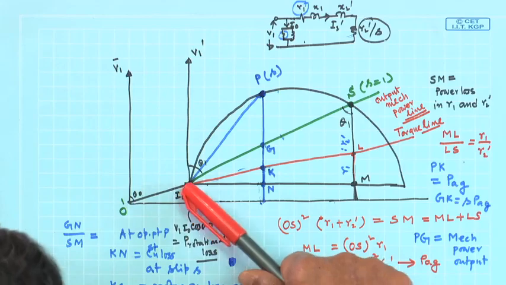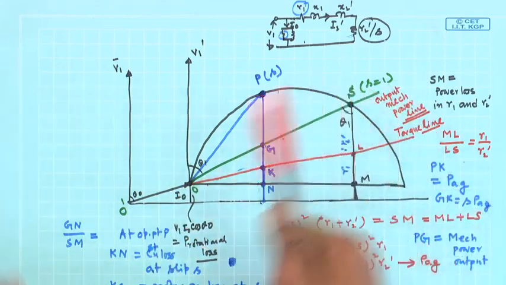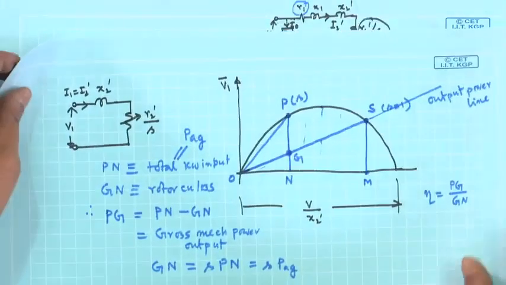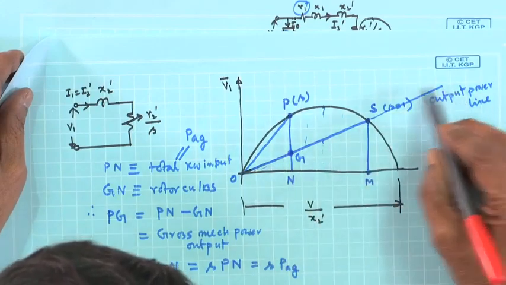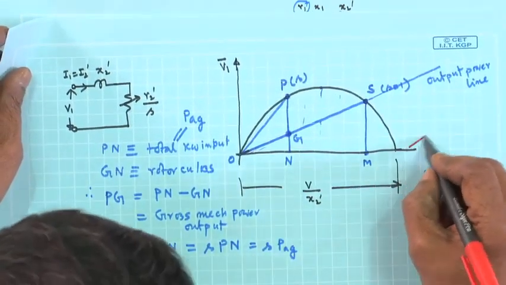Therefore, slip equal to 1, this line OS is always the mechanical power output line, we got it earlier also. In the earlier case, when it was a simplified diagram, if you recall, this is your output power line. Where is the torque line? Torque line here was the diameter itself,